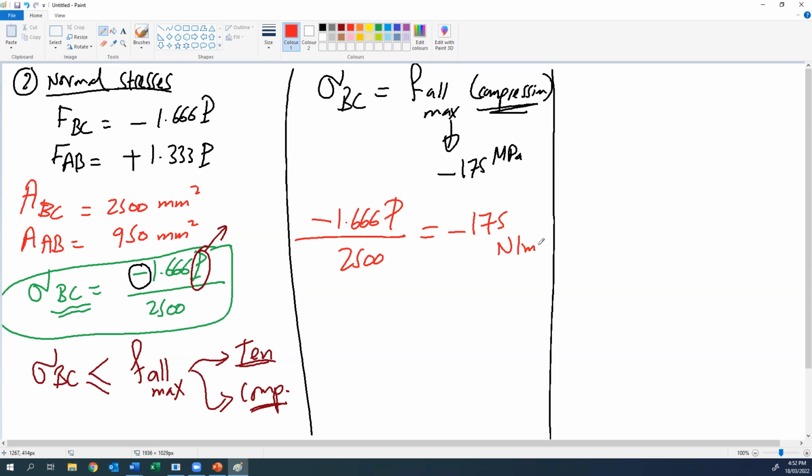This is Newton per millimeter square. This is Newton, this is millimeter square. So now the only unknown we have here is B. We now can get B. B will be equal to, if you make the calculation, 175 times 2500 divided by 1.666, which gives us